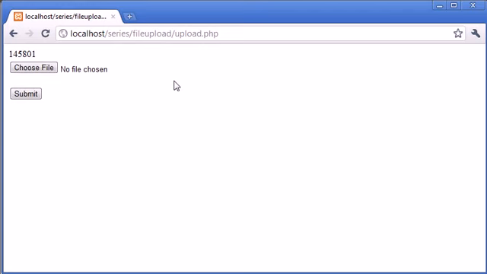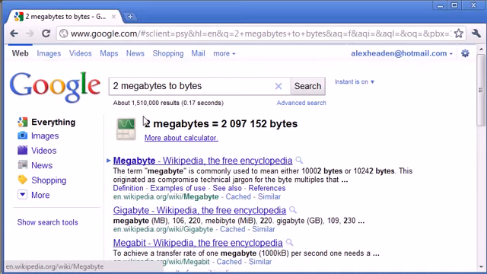So we can use this to allow ourselves to process files. Let's say we don't want an image file over 2 megabytes. So let's say we are going to stick with our 2 megabyte maximum allowed file size. Now the way we do this is we can easily work this out using Google. So if I just pull up this page here, you can see I've already typed 2 megabytes to bytes, and Google's automatically used the calculator to work this out for me. It's 2 million and then so on. So if we just copy and paste this,